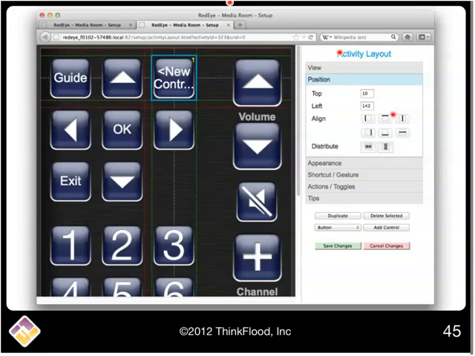So at this point, you might be wondering why we're using state variables for these URLs. Why not just type the URL directly into the layout? And the answer for that is that within the Red Eye system, these variables that we have are special. We actually saw variables a little bit last week when we were writing report scripts. You may remember, for example, when we captured the power on state of a device or the volume state of